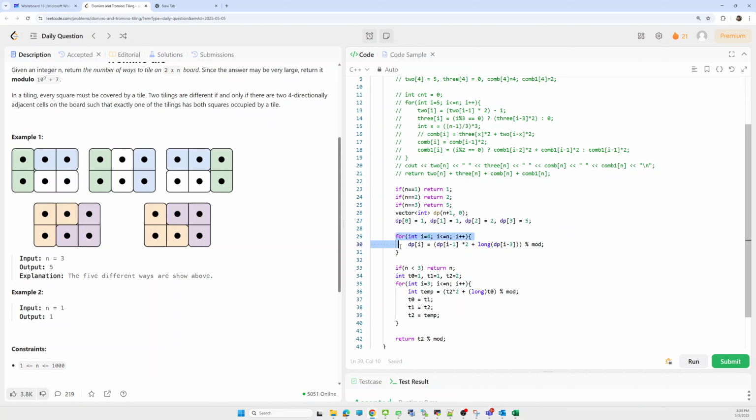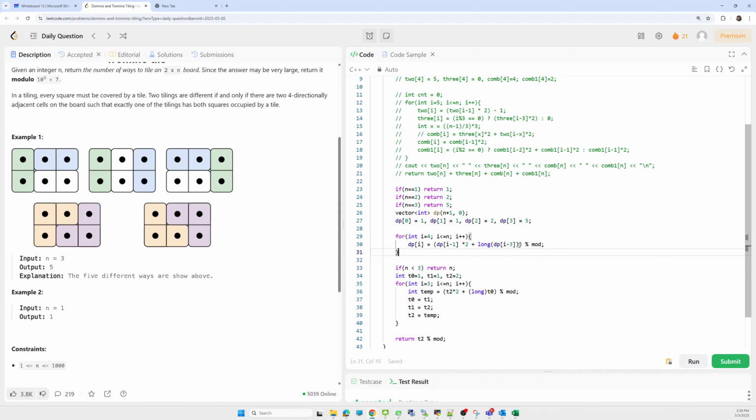And here we just iterate over it, and the DP equation is that DP of i will be updated as DP of i minus 1, the previous state, times 2. Using the previous state, whatever the count of the previous state, times 2 combinations we can form now.